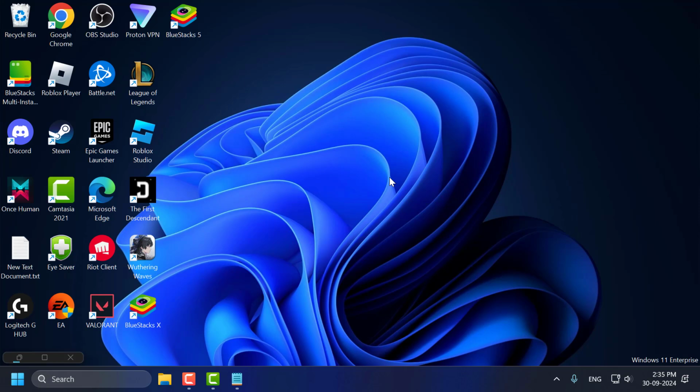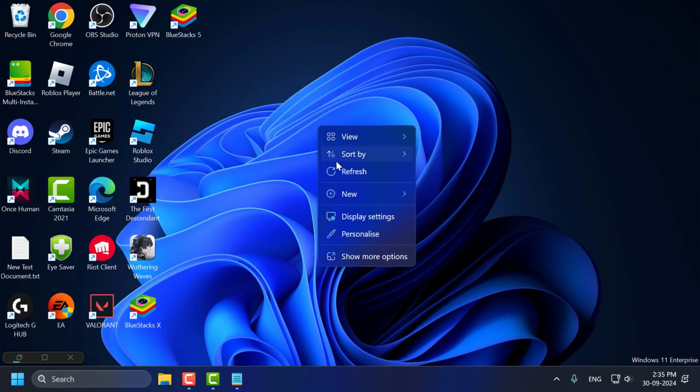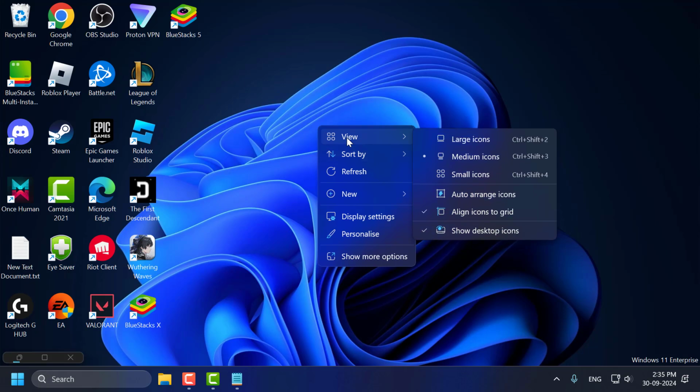Method 4, you just need to change the icon size. Sometimes simply changing the icon size can reset the display issues. To do this, right click on the desktop and select view. Select small icons